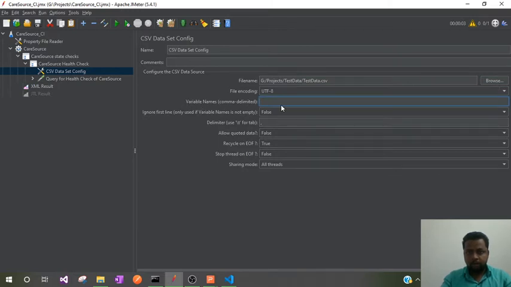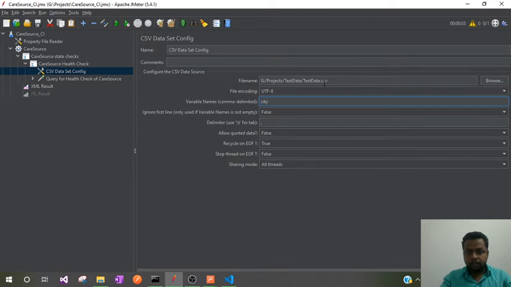Now, I know the test data saved in this CSV file contains only the city names, and there are no other columns or values, right? So I just want to read it as a variable called city.